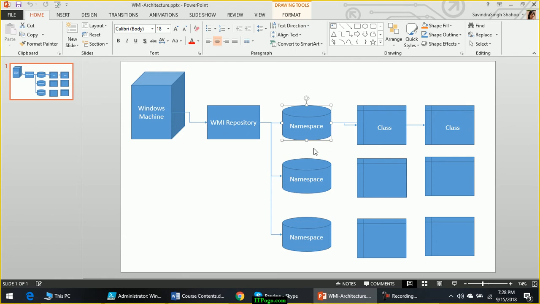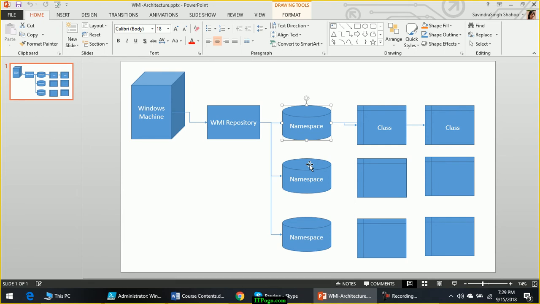Your company will have some other database where the information about the clients will be stored. If you are a service provider company, you will have the information about the clients. If you are a financial company, if you are a bank, you will have information about your clients. So depending on the purpose, you might create multiple databases. Similarly, depending on the purpose, there will be multiple namespaces.